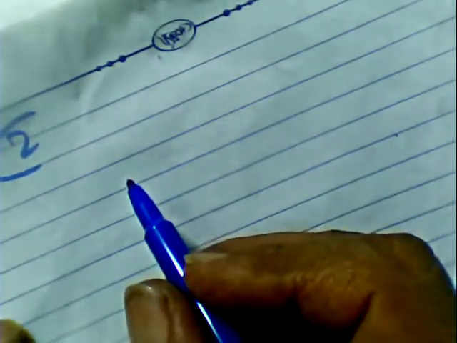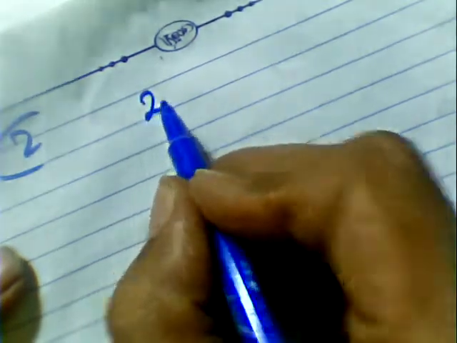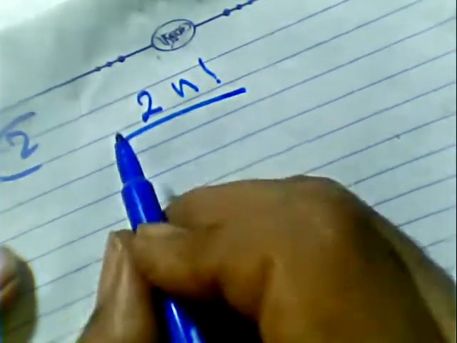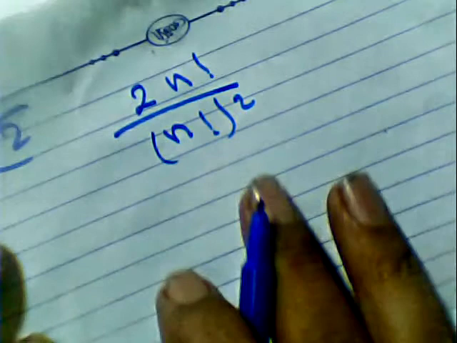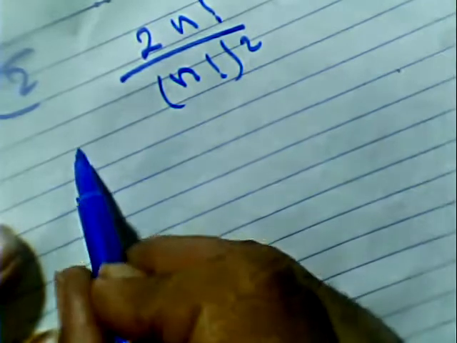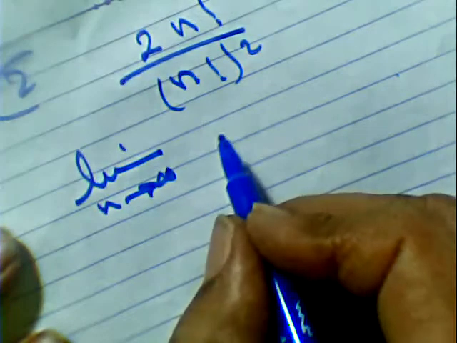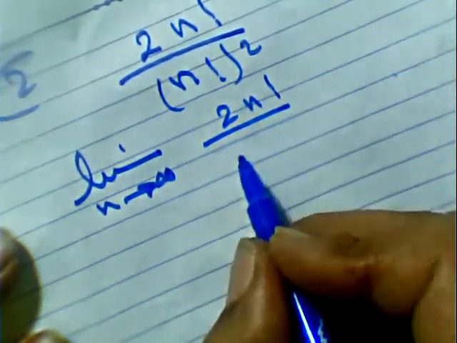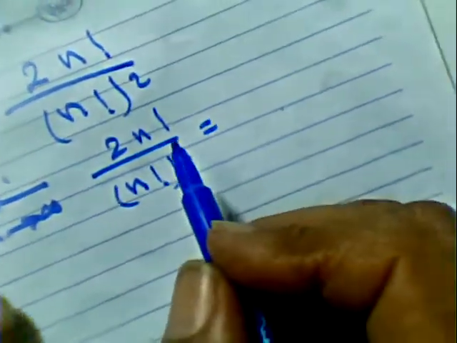We can see another example, number 2. We can have another exercise: 2n factorial over n factorial square. We can solve this and find the limit for this sequence. The limit as n goes to infinity of 2n factorial over n factorial square equals